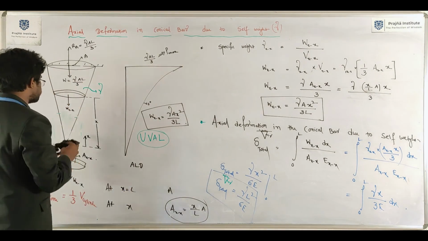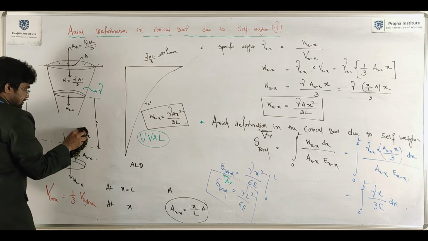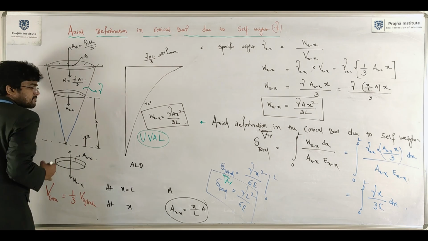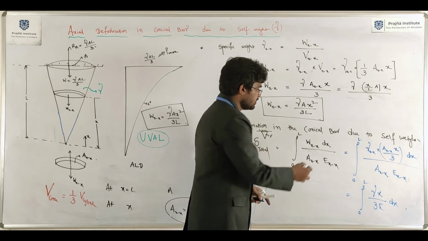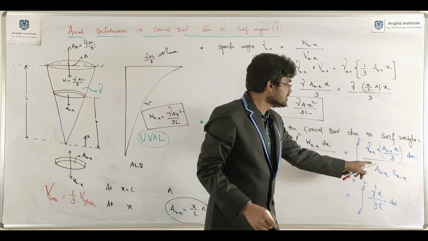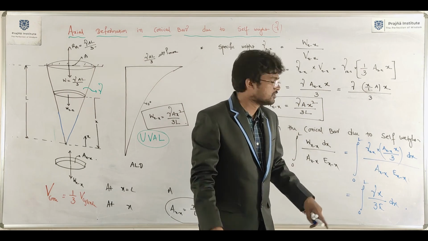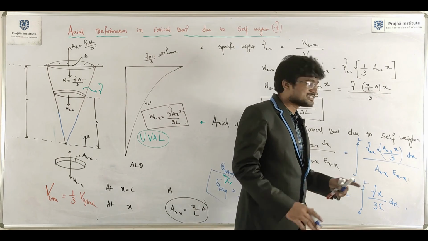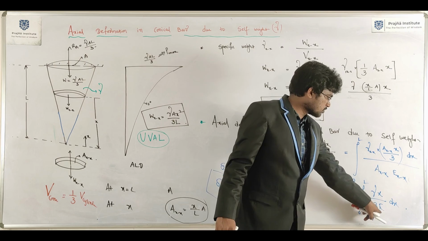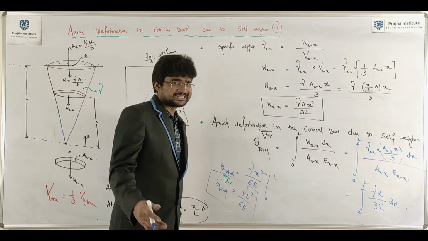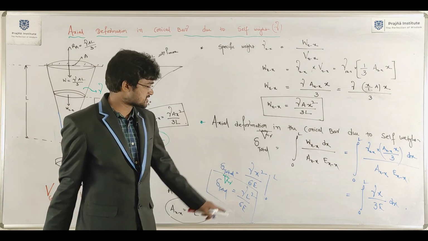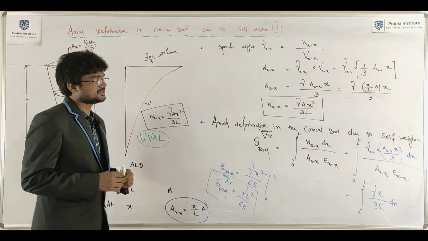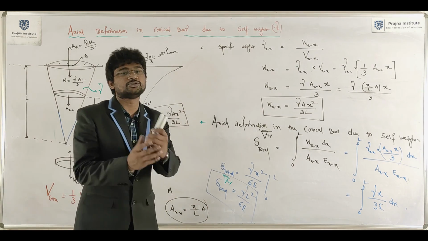Now, here it is very simple. Till now we focused on that only. Axial deformation in the conical bar is very simple. I have written Wx in terms of here like this. Just cancel out Ax, then gamma is a material property, constant throughout the material, constant at every cross section. E is also constant. So it's a matter of doing integration. Integral of x is x square by 2. Here gamma x square by 6E. Then apply the limit 0 to L: gamma L square by 6E. This is axial deformation in the conical bar due to self weight.